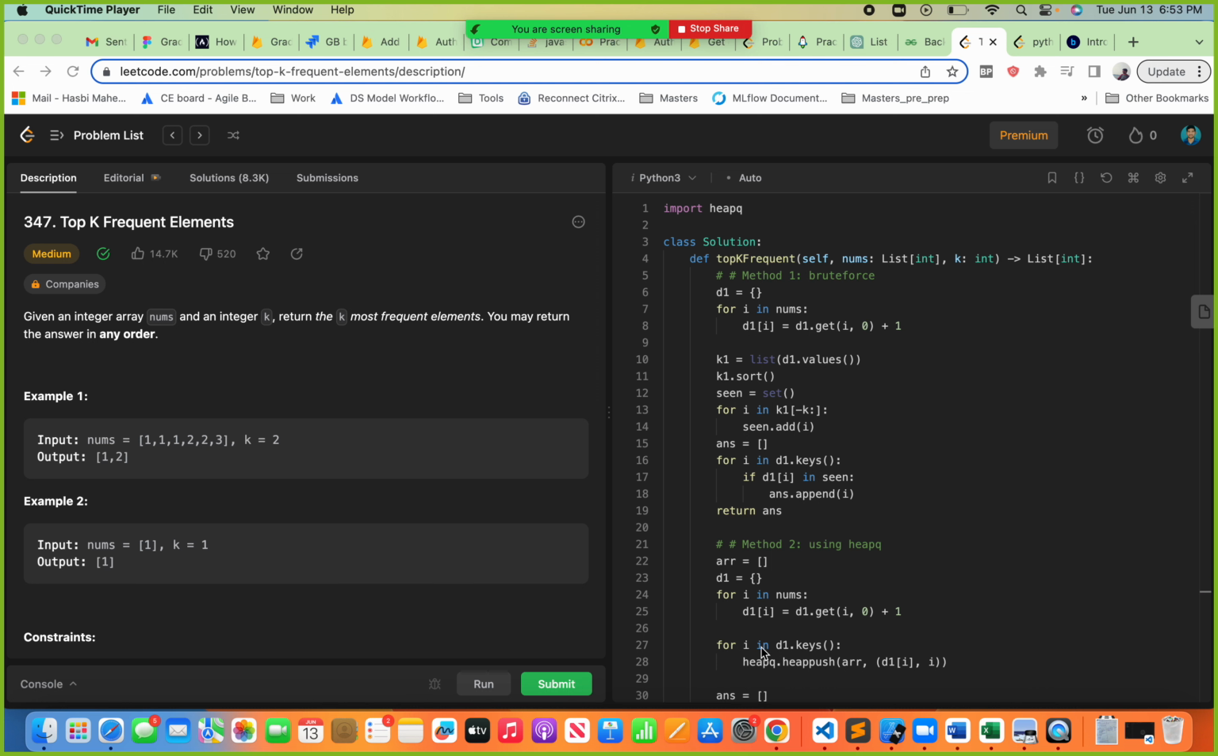Hello everyone. In this video, we will see the next problem, which is finding the top k frequent elements. Given an integer array nums and an integer k, return the k most frequent elements. You may return the answer in any order. So we have to return the